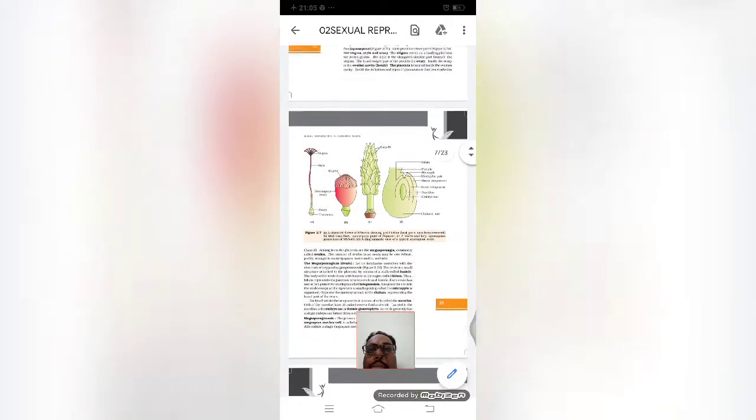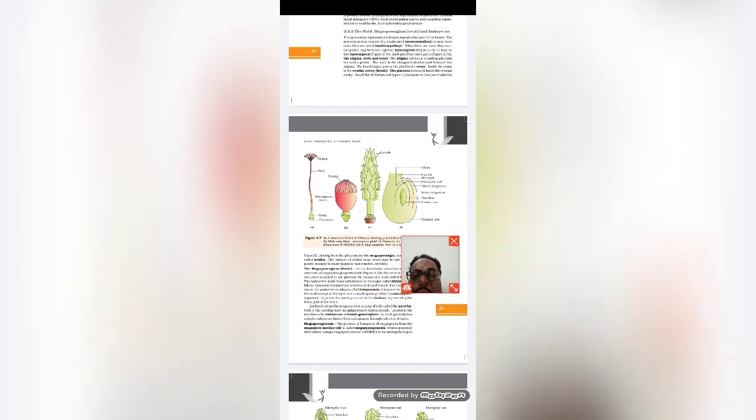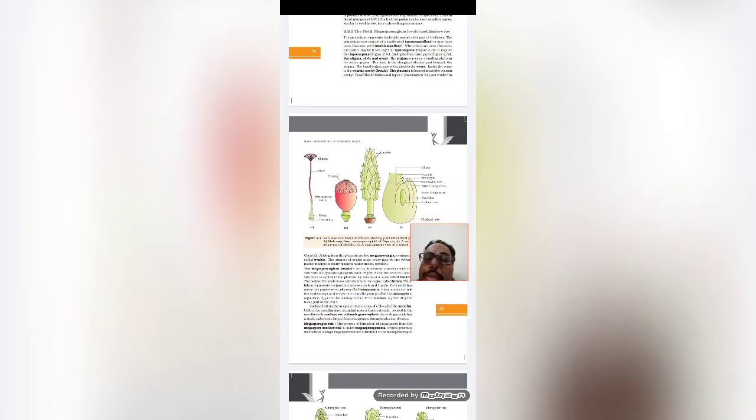The female part of the flower. That is what is taking place inside the female part. So in the female part, the two main processes take place. That means the formation of gametes, which is known as megagametogenesis, which takes place inside a female gametophyte, and